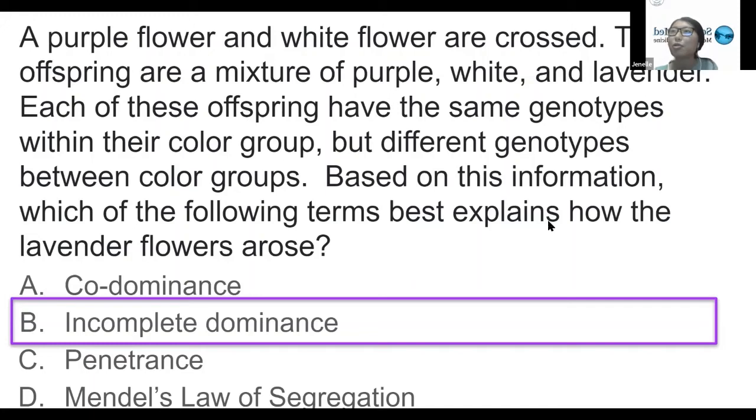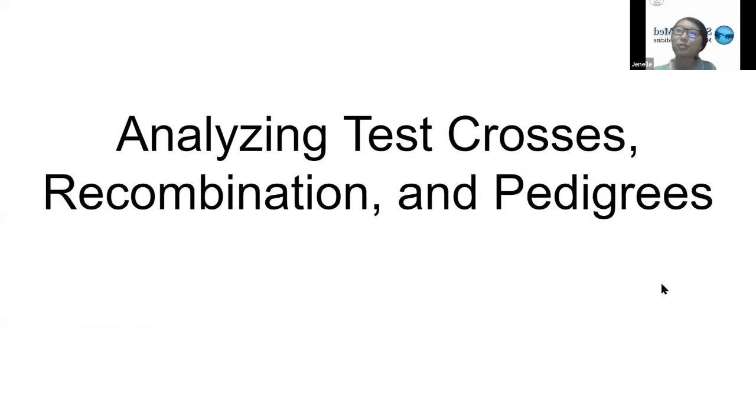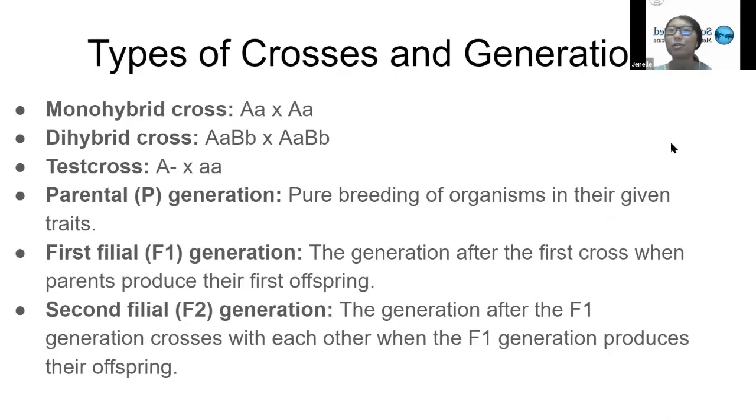So now we're going to analyze test crosses, recombination, and go over pedigrees, because I think these are essential to understanding some of the questions that they may show on the MCAT. So the types of crosses and the types of generations that they might mention in the actual questions are,